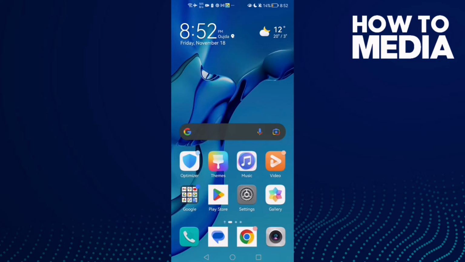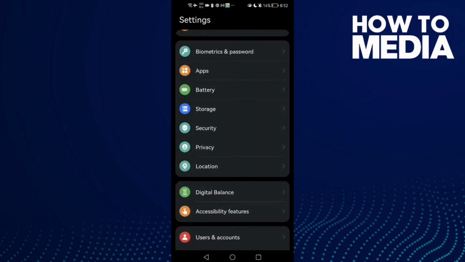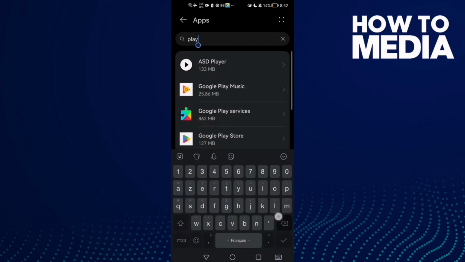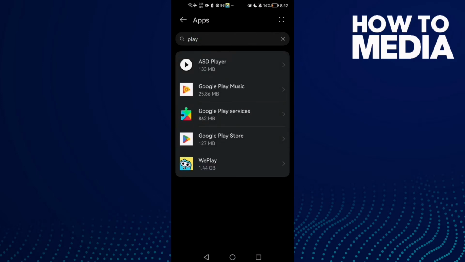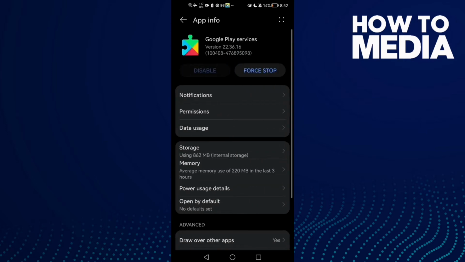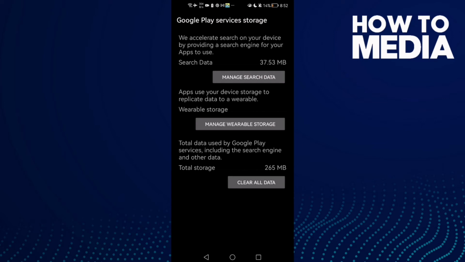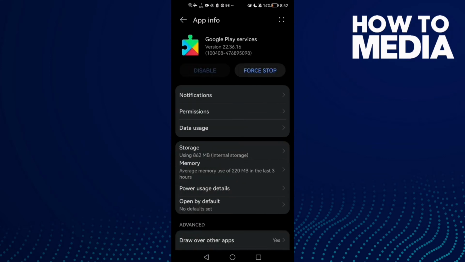First open settings here and then click apps and now apps again, and here type play, and here you will find Google Play services. Click on it and then click storage and now click manage storage, and here you will find clear all data. Click on it and now go back and go to